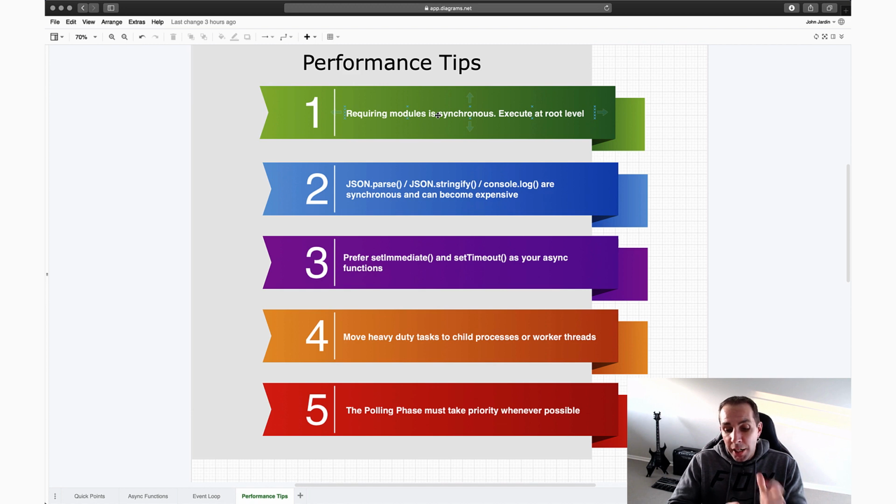The second one, JSON.parse, JSON.stringify, console.log, they are synchronous tasks and can become expensive depending on the size of the content that's passed to them. I would avoid using JSON.parse and stringify as best as possible. Don't just use it because you can. Try your best